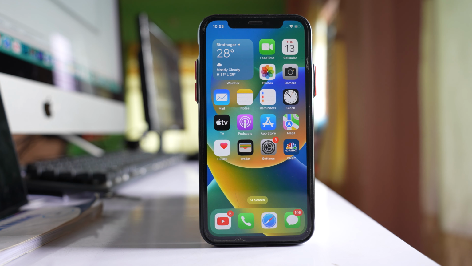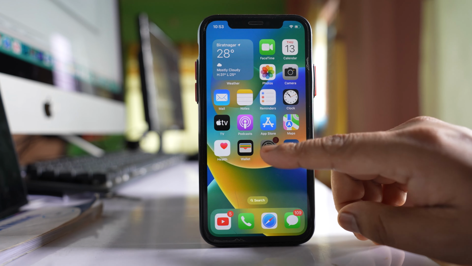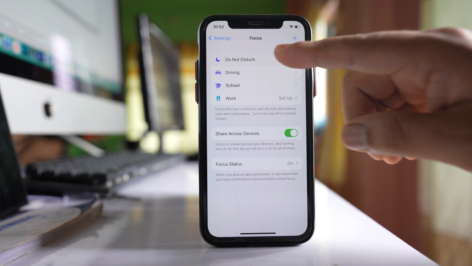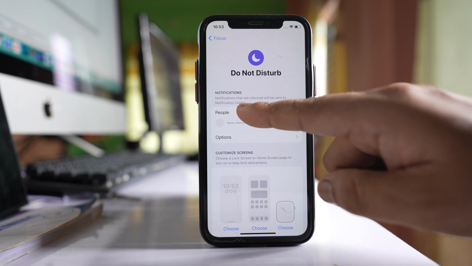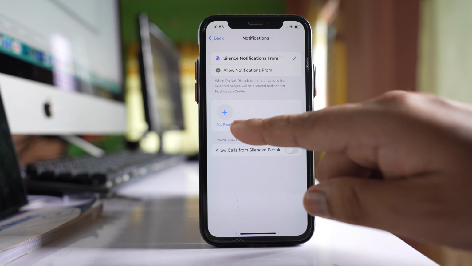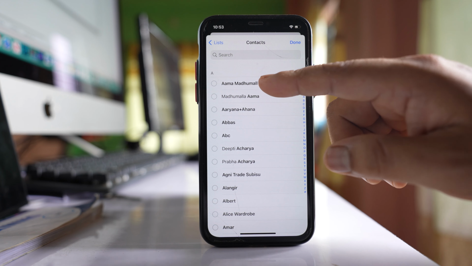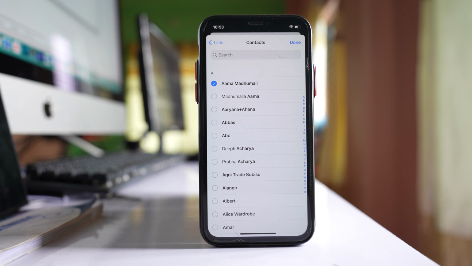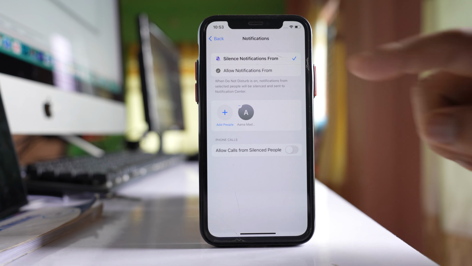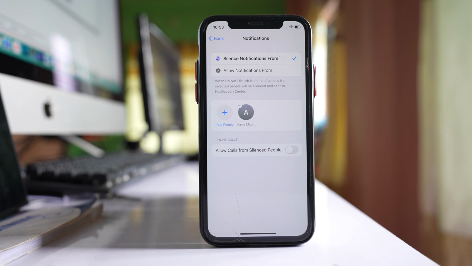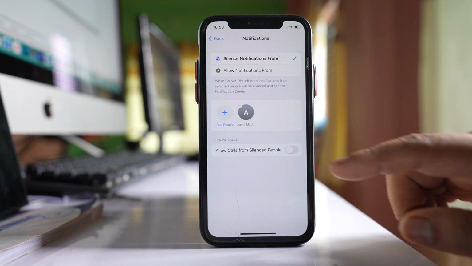If you want to silence specific contacts on your iPhone without blocking them, then what you can do is you can go to settings here, go to focus, go to this option do not disturb, select people and tap on this option add people. Now from here you can select any contact whom you want to silence and then select done. After that, make sure to select this option silence notifications from, and then go back